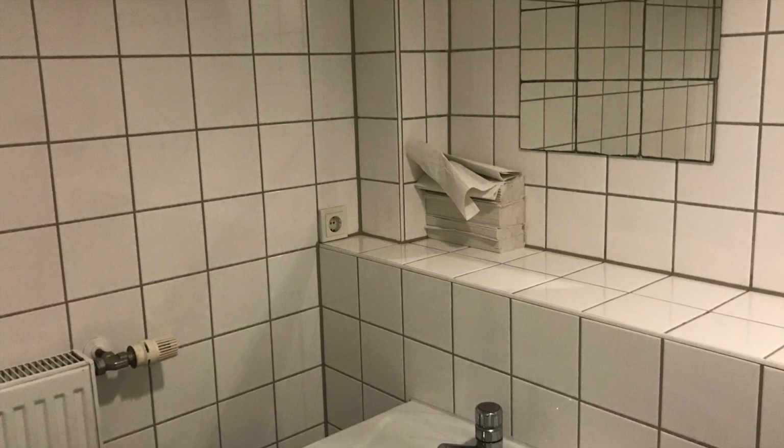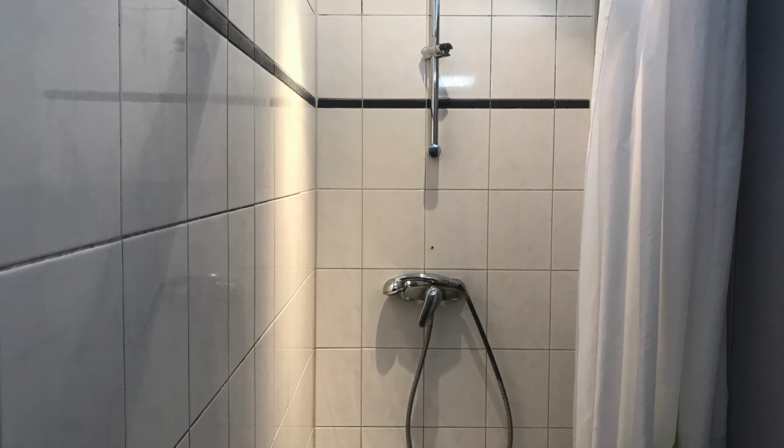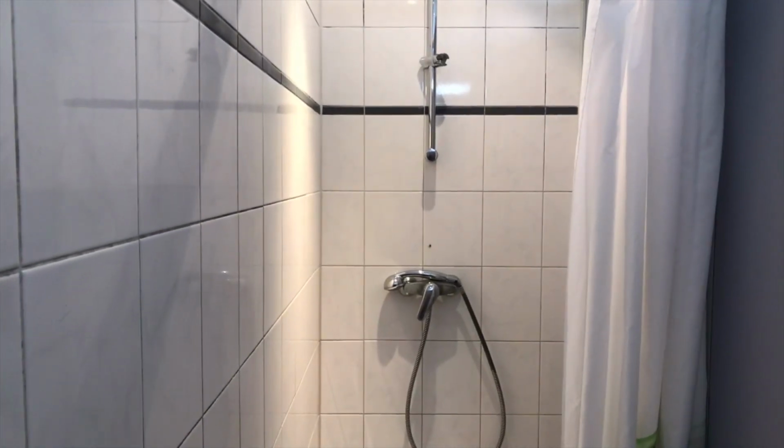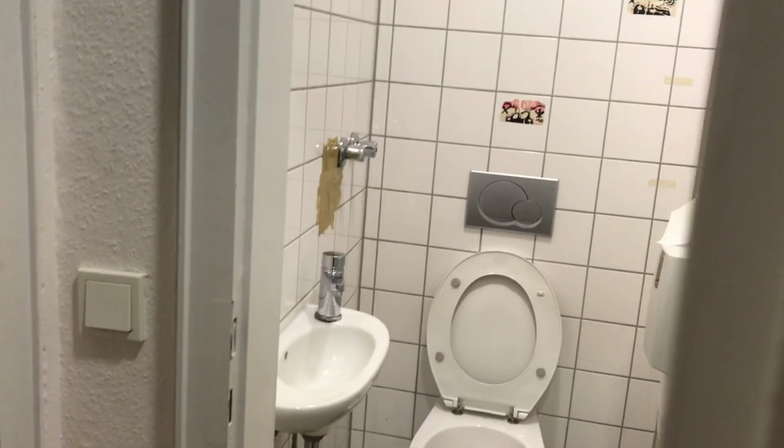Then you have a separate space. This space was for taking a shower, but then you have a separate space for your toilet. Okay, cool. Of course the rose and liquid soap, everything is provided, and if not, you can also bring yours. Then now I will head towards the other side of the building, where the access is by the